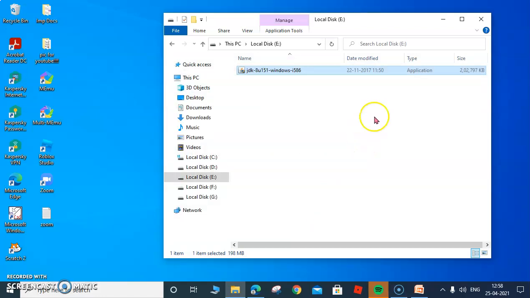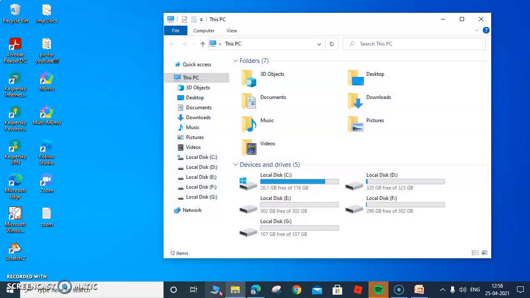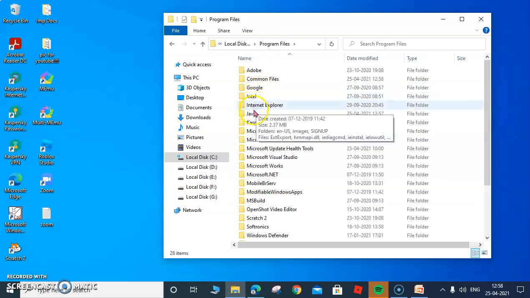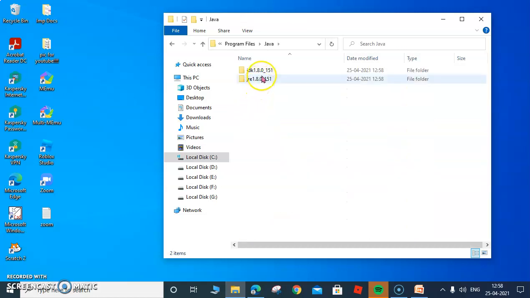So we can close this window now, and we will go back again to my computer. Here, as we know, during installation we checked that it was going to the Program Files folder, and in Program Files you go for a folder called Java. So here it is. Now I'll double click. As you can see here, I have JDK 1.8.0_151, and then one is JRE, that is Java Runtime Environment. Basically we have to deal with this. This folder has the name JDK 1.8.0_151, etc. So it might be a bit longer.